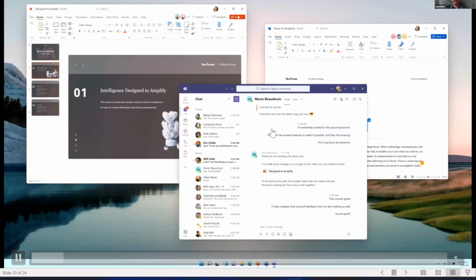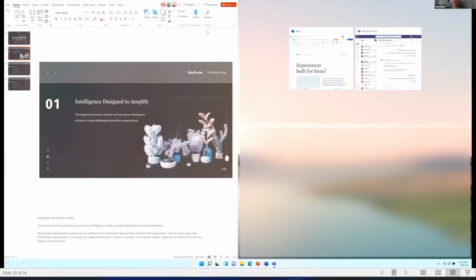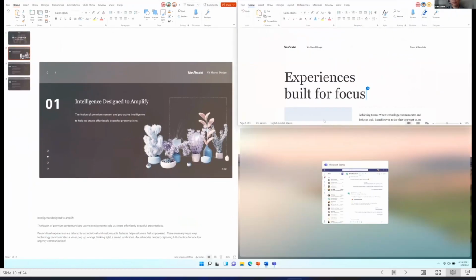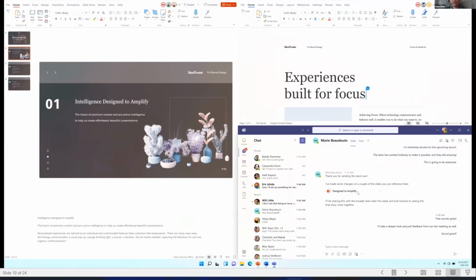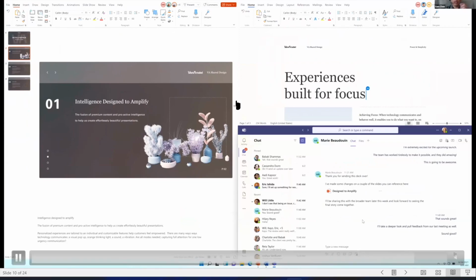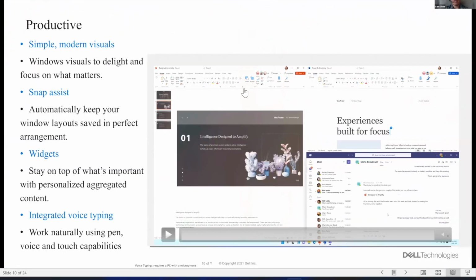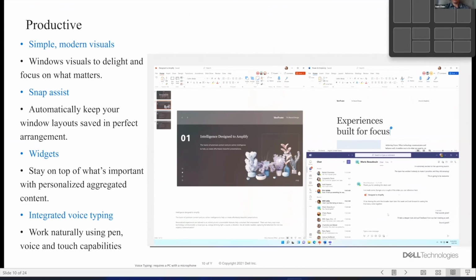Check the little video here. I think I can demo that. So you just need to select which layout you want, and Windows 11 will lay it out for you. So let me share that. If you just hover over the zoom in and zoom out button, you can choose which layout you want. For example, I have 3 windows now, so I want to put this PowerPoint on the left.